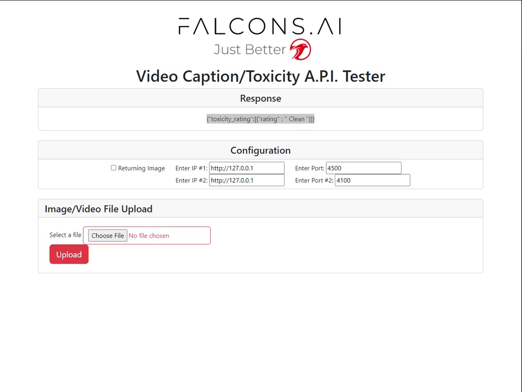That's an automated way to check the toxicity of videos using video captioning as well as toxicity detection, which are a combination of two of the available